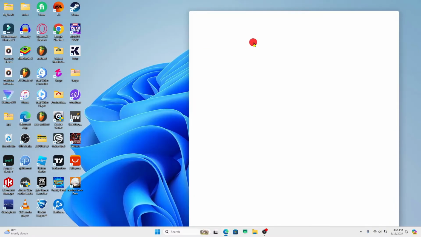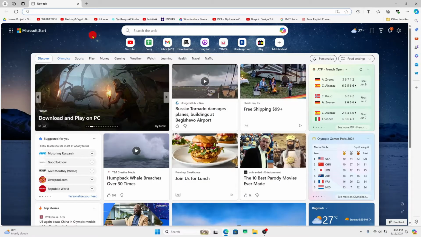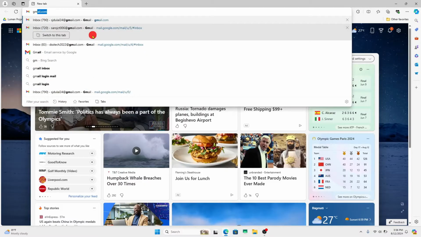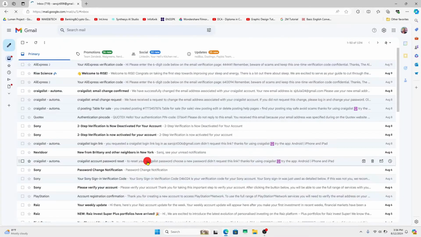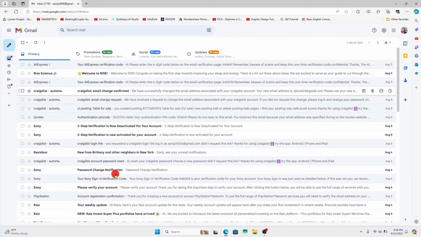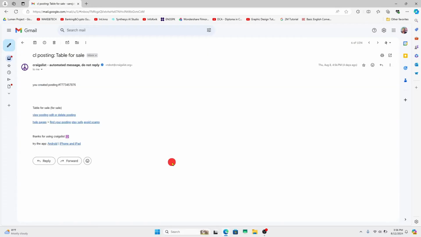First of all, open up your web browser and then log into the email address that you have used while signing up for your Craigslist account. Once you log in, you will be taken into the inbox page where you will see all of the emails that you have received. Now, apart from automated emails that you receive from Craigslist, you can open up the emails